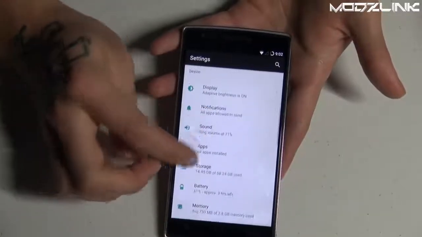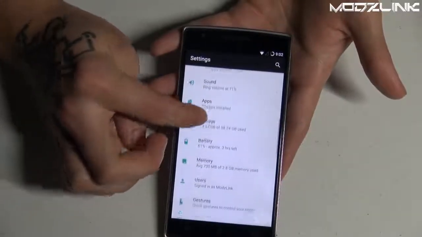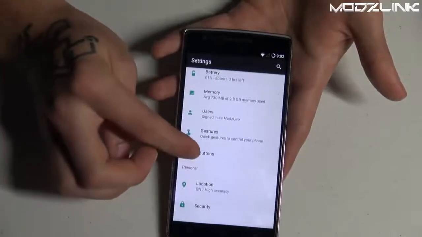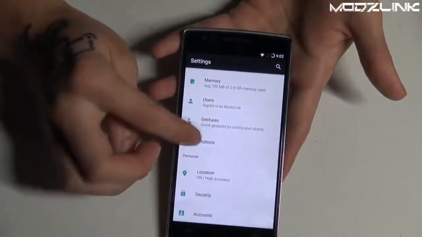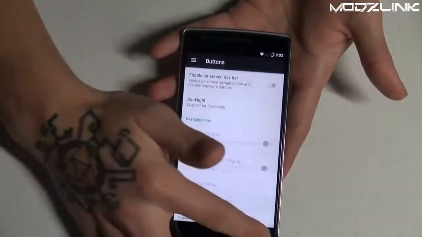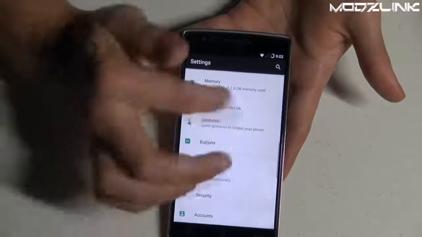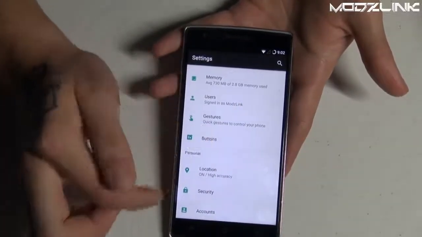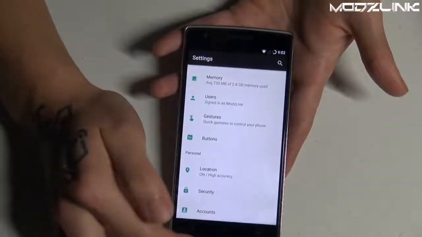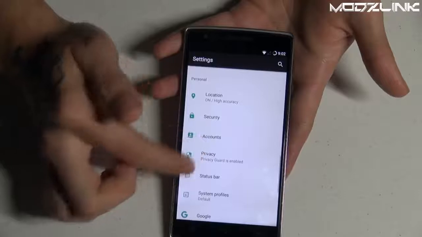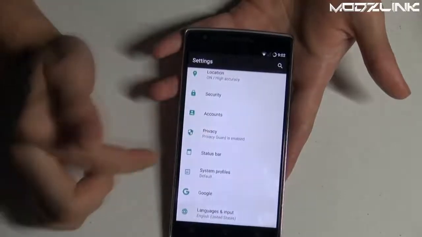Display settings, notification settings, sound settings, app settings, storage settings, battery settings, memory settings, users, gestures, so like the double tap to turn the screen on and off, the circle to use the camera, button settings, so you can use the tactile buttons or you can use the on-screen, location settings, security settings, accounts, so you can add multiple accounts,